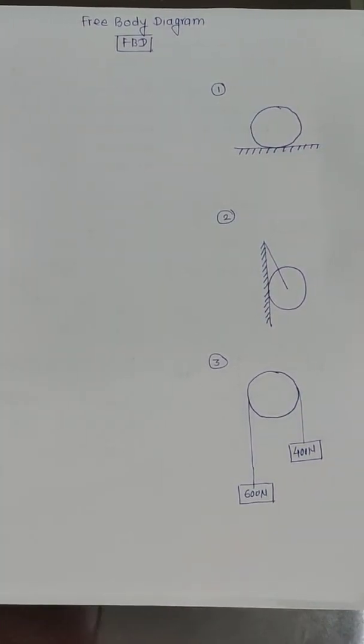Today we are covering one of the important topics in engineering mechanics, that is free body diagram. In short, it is called an FBD. In engineering mechanics, 80 to 90% of numericals depend on the free body diagram. In statics, kinetics, kinematics, in truss, friction, etc. So it is a very important topic.